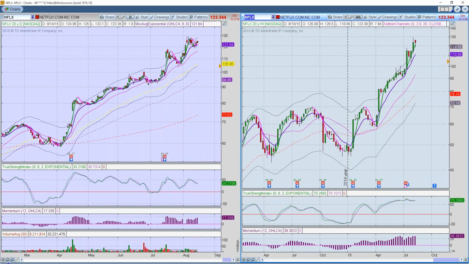Here's a perfect example of a negative divergence across there. As you can see, we made this high, went on and made this high, but the momentum wasn't as great to make this high as it was making this one. So we're getting some consolidation. If it gains strength with the market, then it may just continue going. I like Netflix. It's definitely in a really strong uptrend compared to the rest of the market.